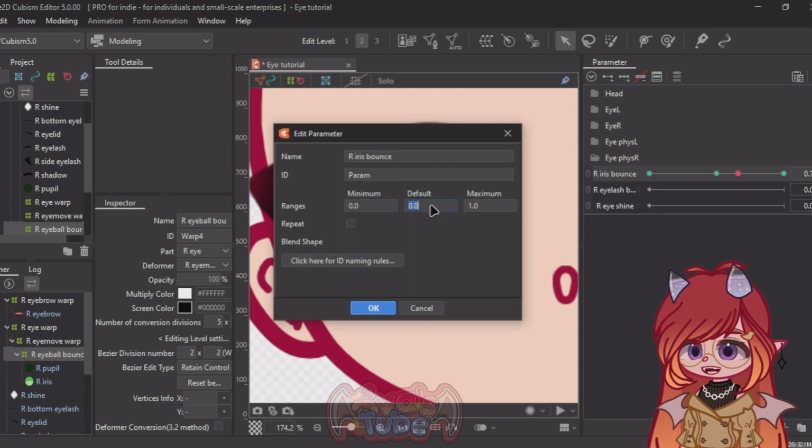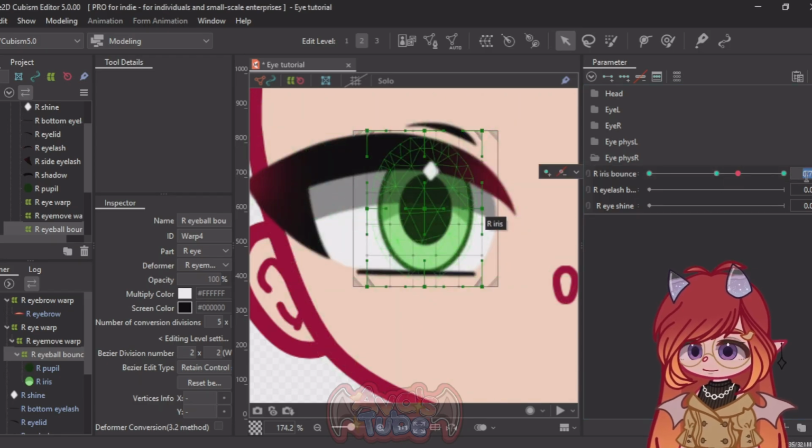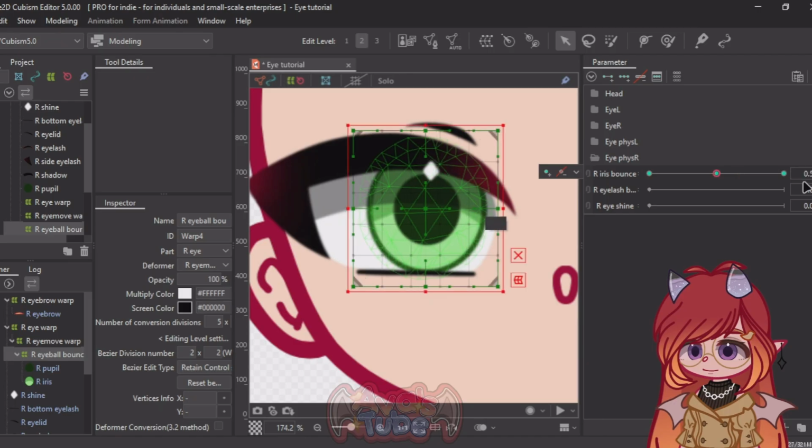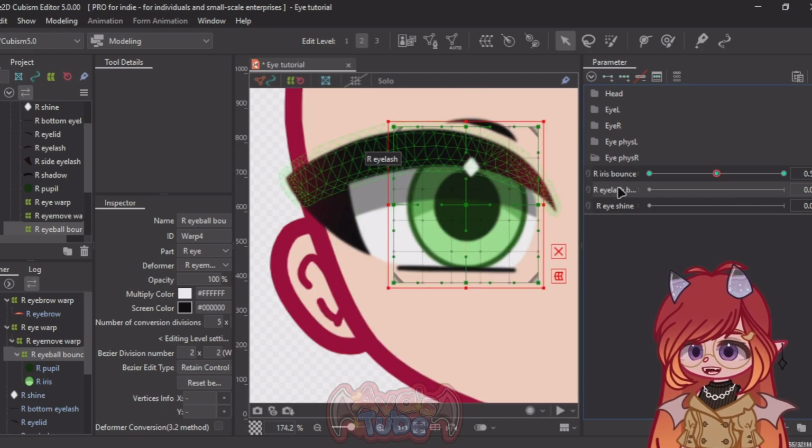Okay, I'm going to edit. Set this by default to 0.5 since this is just the original. This is the original set, so if I move it to 0, it'll not be the original state. Anyway, so, and for the eyelash bounce,